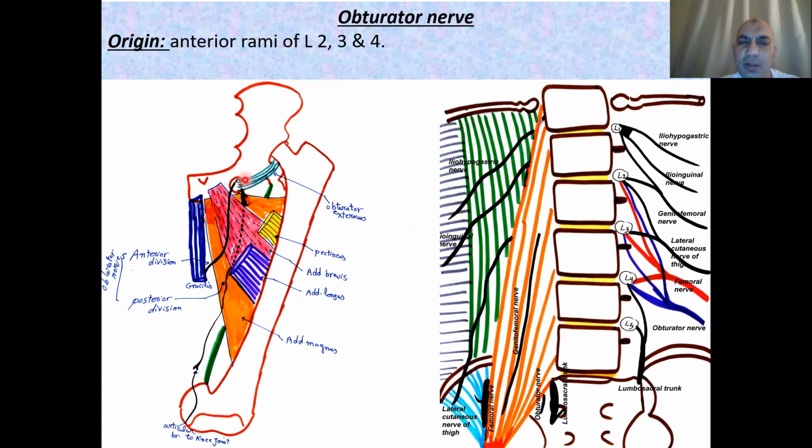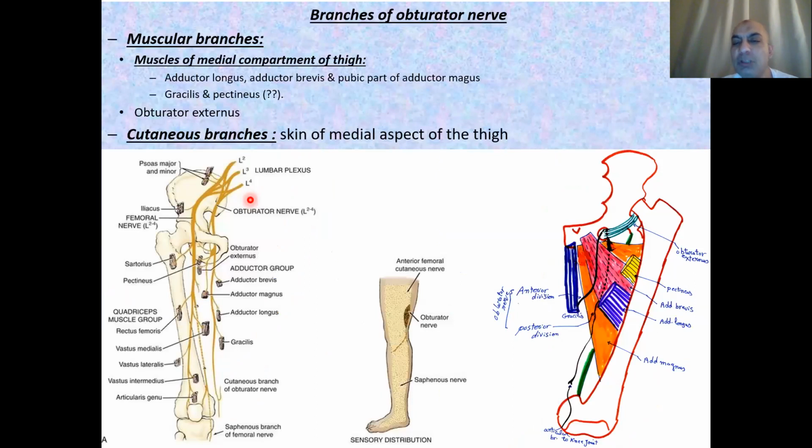This nerve comes through this foramen or this canal, which is called the obturator canal, and shortly after entering the lower limb, it divides into 2 divisions, anterior division and posterior division. Anterior and posterior to what? To this muscle. This muscle is called adductor brevis. So it has an anterior and a posterior division. What about the supply of this nerve? This nerve is going to supply muscles of the medial compartment of the thigh, except one piece anterior, one piece posterior. I mean that it's going to supply